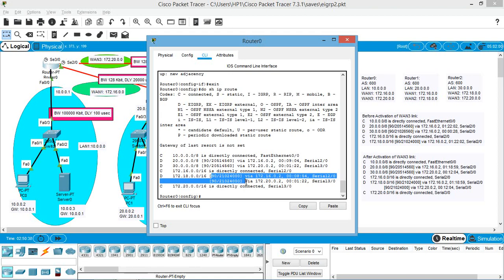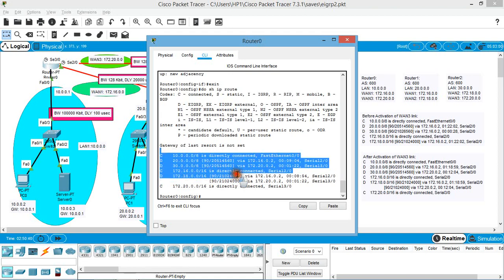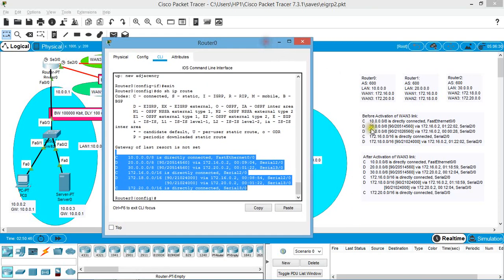Fine. So you have to observe the updated routing table after activation of the WAN3 link and the routing table before activation of the WAN3 link. I have shown here the routing table before and after activation of the WAN3 link. These are the routing tables for router R0.